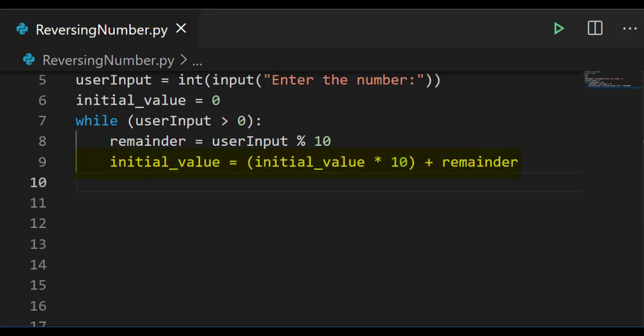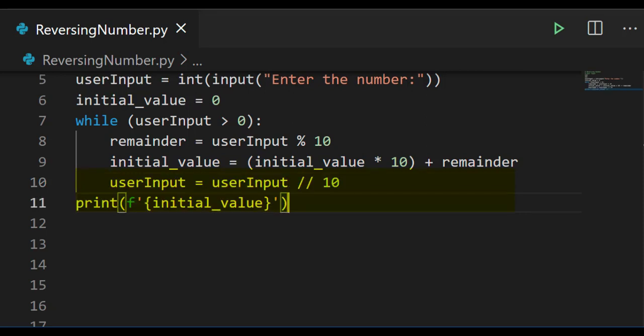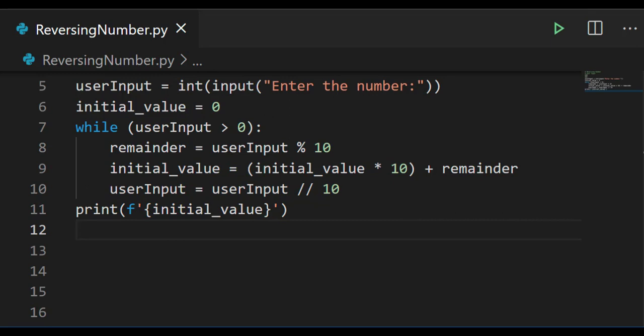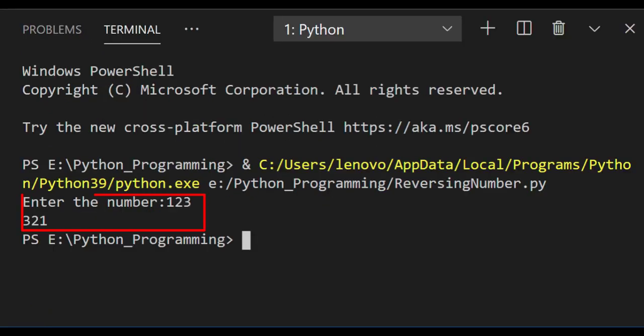That remainder will be added with the initial value, which is multiplied with 10, and we'll store that value in initial value. Again, the older initial value gets changed to the new initial value. User input divided by 10 gives the new user input. Print the initial value. When you run this code, enter the number and here you are getting output 321, which is the reverse of the number